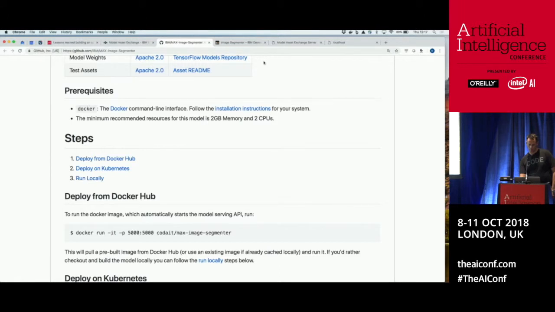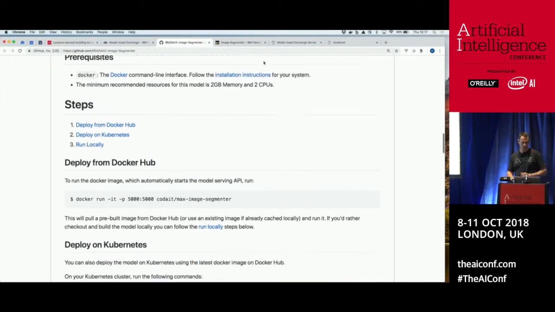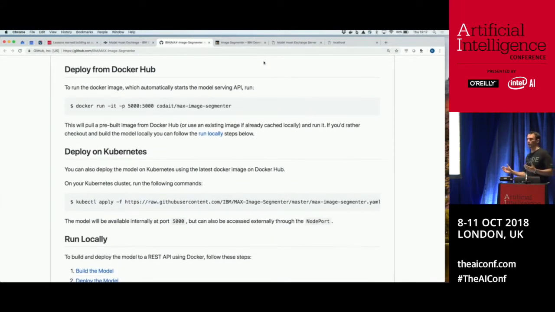So also, as part of the Model Asset Exchange, we want to make it easy to actually use these models in an application and to illustrate how to do that. IBM Developer has a range of different content that we put out, ranging from blog posts to how-to guides. And one of these is called a code pattern. Now a code pattern is a kind of extended how-to guide, a blueprint for how to do something useful in an end-to-end format, walking through from start to finish how to build an application. So one of these code patterns is